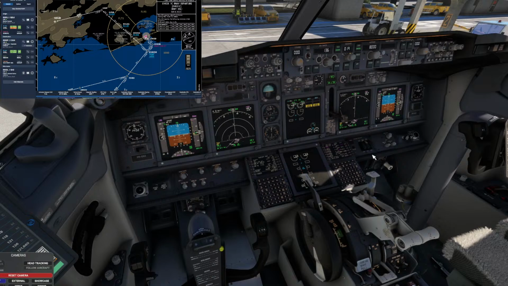Alright, let's go back to the checklist. I'm going to get my clearance first. And let's just make sure we got the latest information here. Looking at Bravo, 3204, 21, 22, 22, 1014, level 75 for transition 75, departure 20 left, and we have